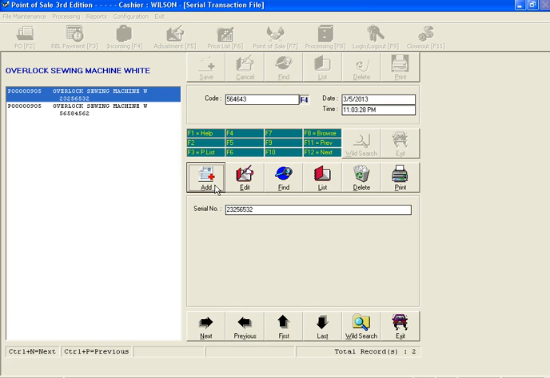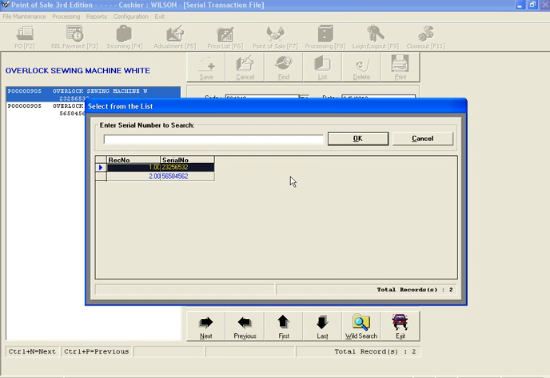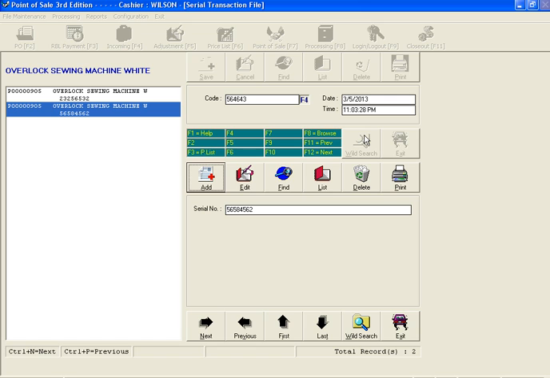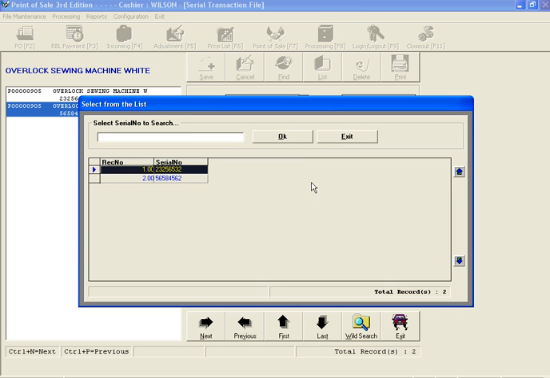If the serial number of a product is long, click the Find button or press F. Press Enter to show the list of records, then OK. To show the list of a serial number, click the List button or press L,